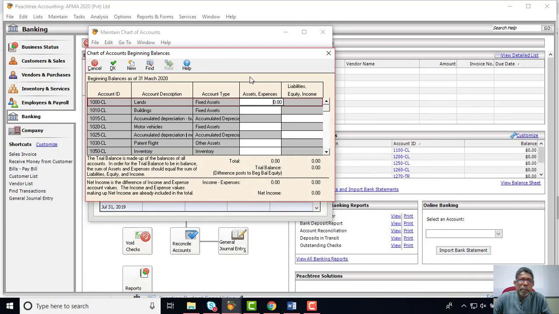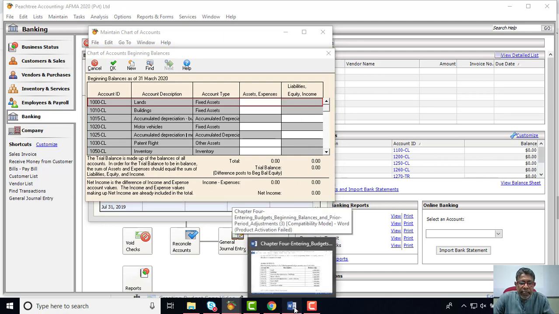Now you are in the perfect situation whereby you can see asset, liabilities and all accounts are there. But we don't have to go to the income expenditure accounts. We need to enter the transaction into the asset and liability accounts, whereby you can see all the asset liabilities are set forward and the balance areas are already open. Now it's a task to enter the values given in the individual accounts.